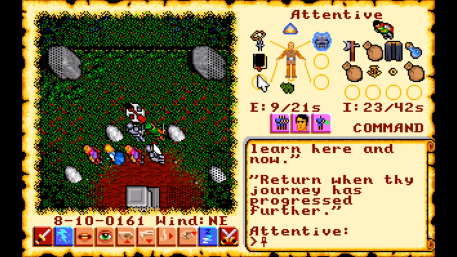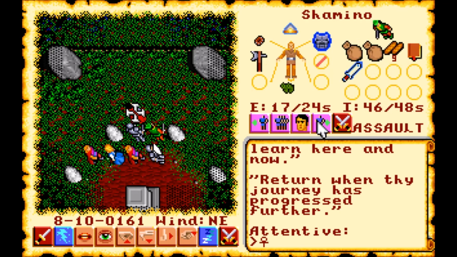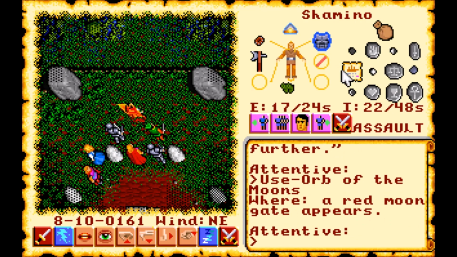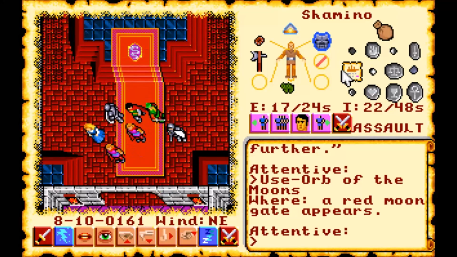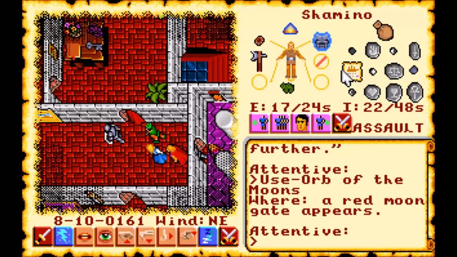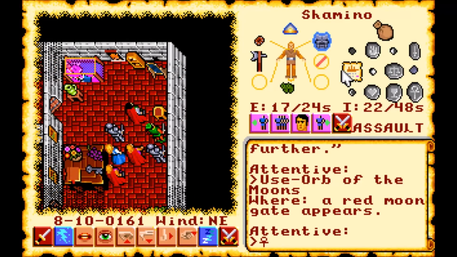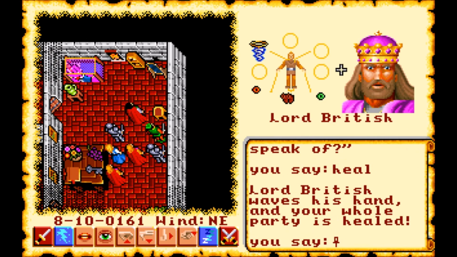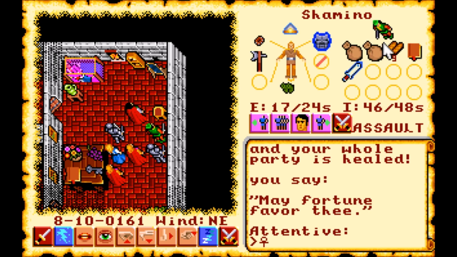The final thing we're going to do before we quit for the day, let's quickly head back to Lord British's castle. Hopefully he's still awake. Yes, he's still awake in his bed there. We'll heal our party one last time. And now,